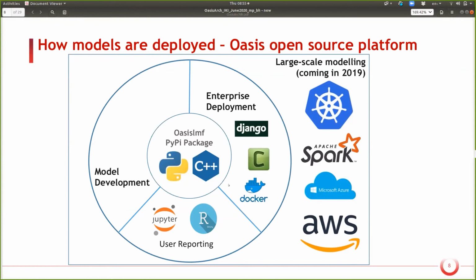On the right, I suppose everything in the circle is really what we kind of own as an organization. We then work with other organizations to deploy these bigger systems. Either it can be some of our partners like NASDAQ, who are running software as a service based on Oasis, or it can be some of the bigger insurance and reinsurance companies that we work with, who obviously have big